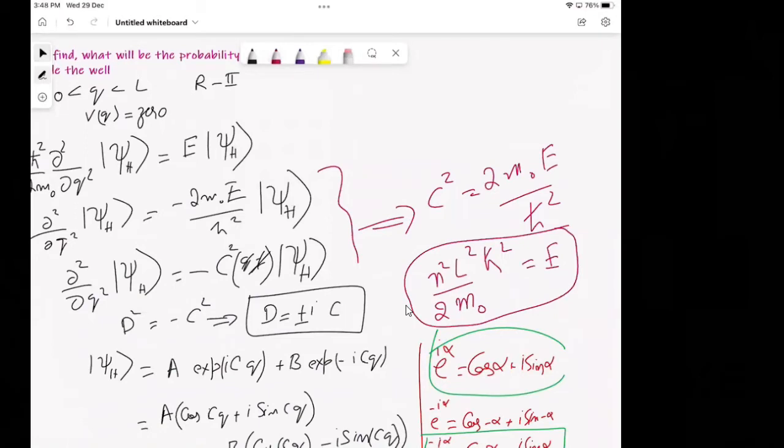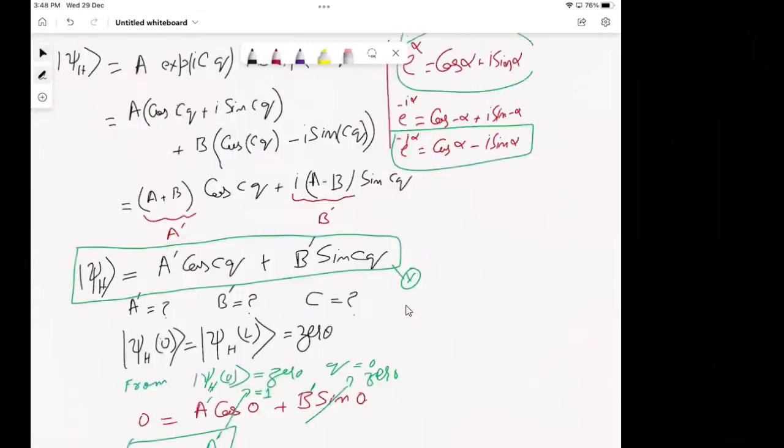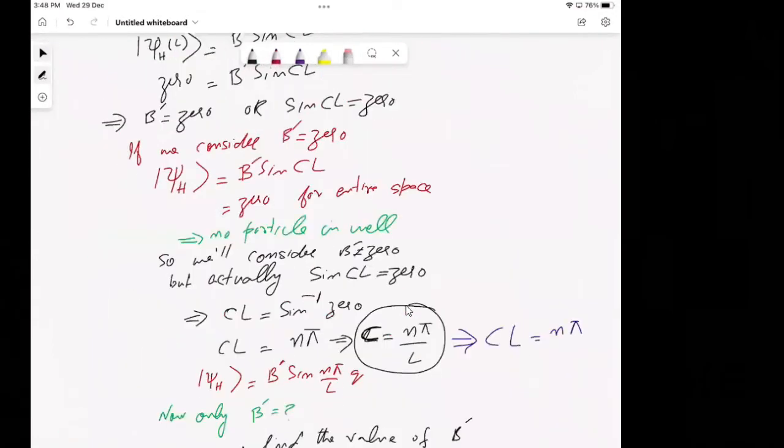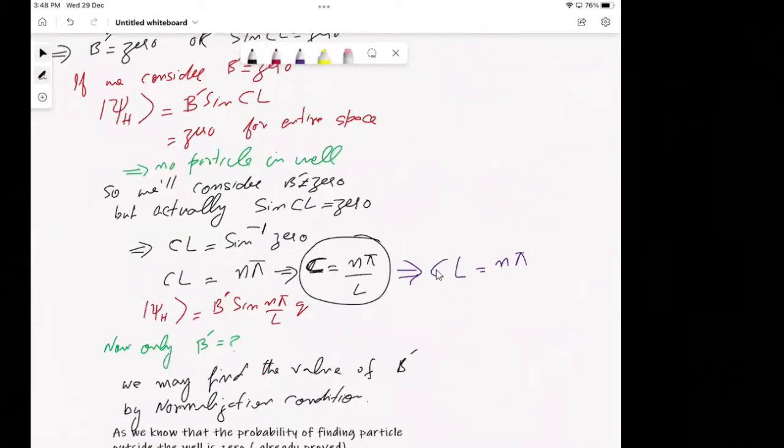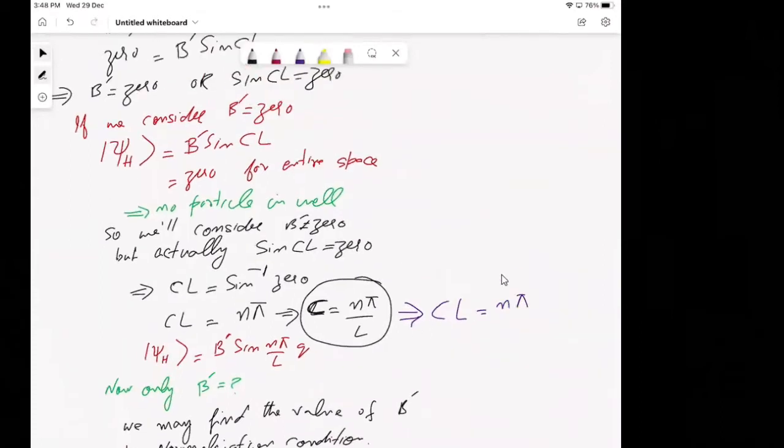Okay, I have already explained from here. C L equal to n pi. Okay, C L equal to n pi, and